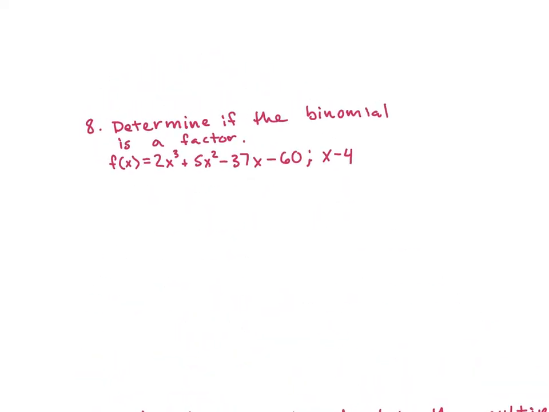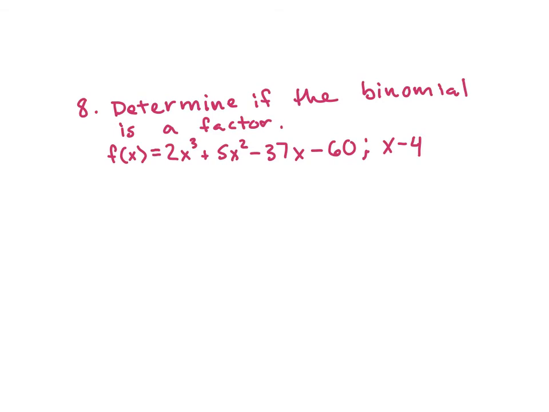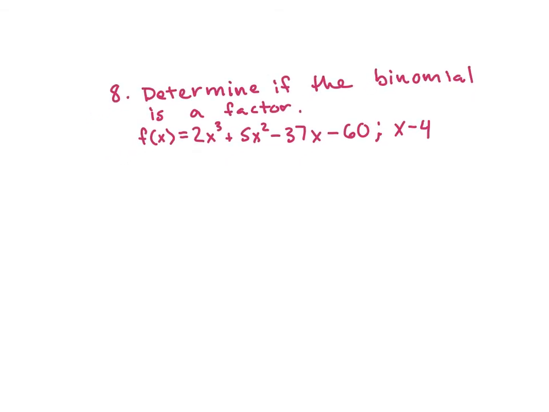Number 8, determine if the binomial is a factor. How do we do that? What should we do for number 8? Synthetic division. Perfect. So what's going to go on the outside? +4. So since we have that binomial x minus 4, we change the sign. So a +4 goes on the outside. And then we put all of our coefficients on the inside. So we have 2, 5,